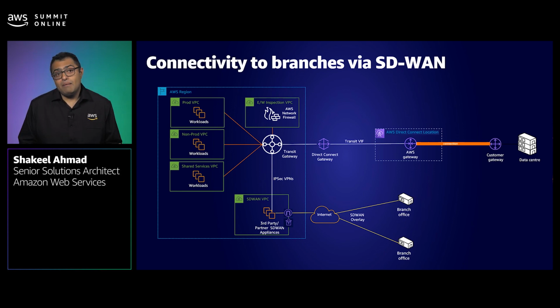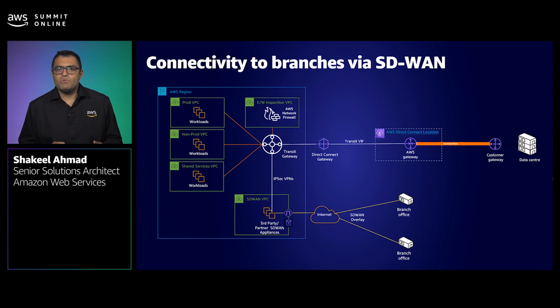Now, if your SD-WAN appliance is deployed as an EC2 instance, typically you will have your branch offices connecting via the internet, and there will be some sort of an overlay. It may be like an IPsec VPN or something like that. And your appliances might be maintaining an IPsec VPN to Transit Gateway, right? But the native integration with services like Transit Gateway has been a big ask for our customers.